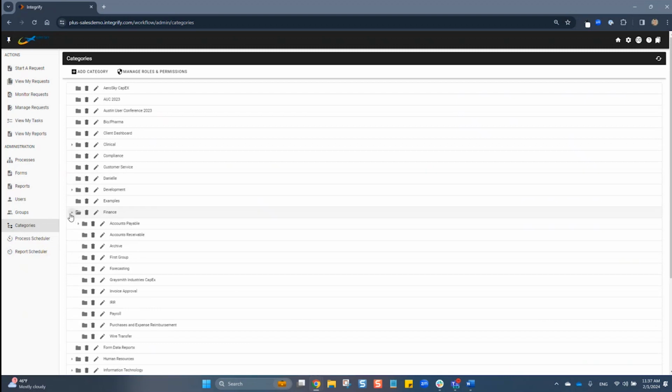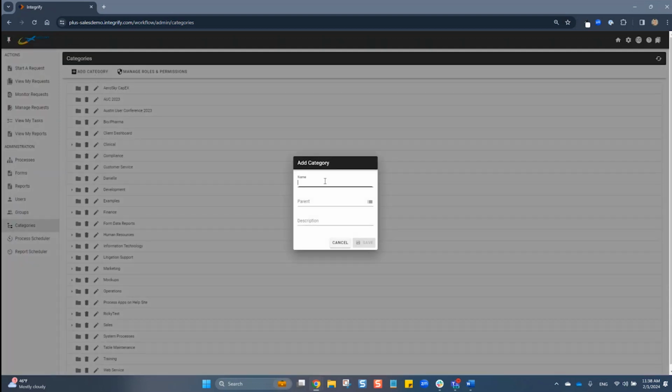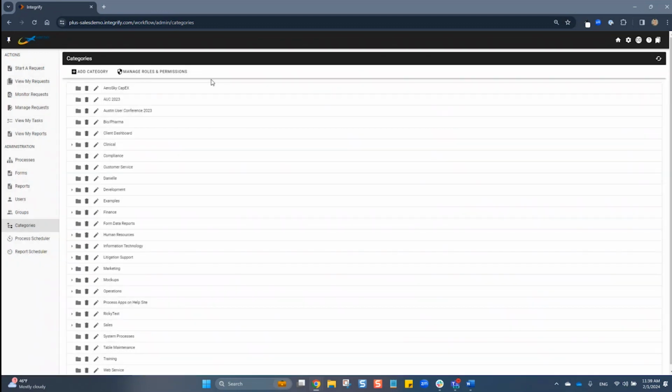You can also create categories within categories for optimal structure. The way that you can create a new category is by clicking on Add Category at the top of your page, and you can give it a name, a parent if you want a category within the category, and then an optional description. You can set roles and permissions for categories by clicking Manage Roles and Permissions, and this will